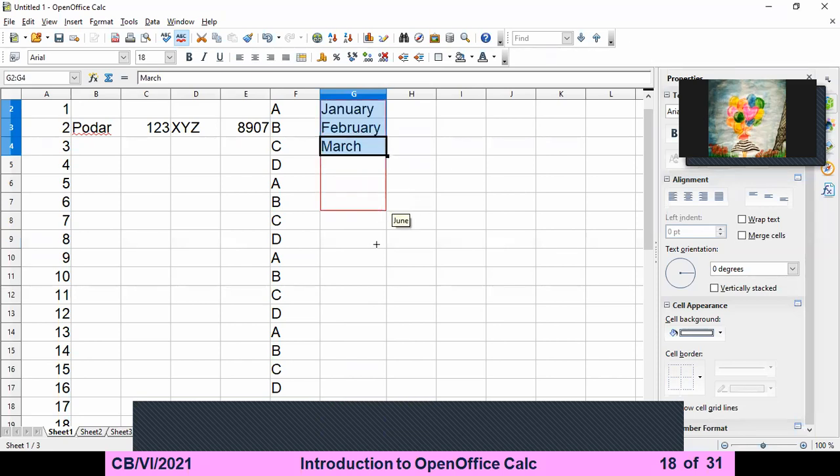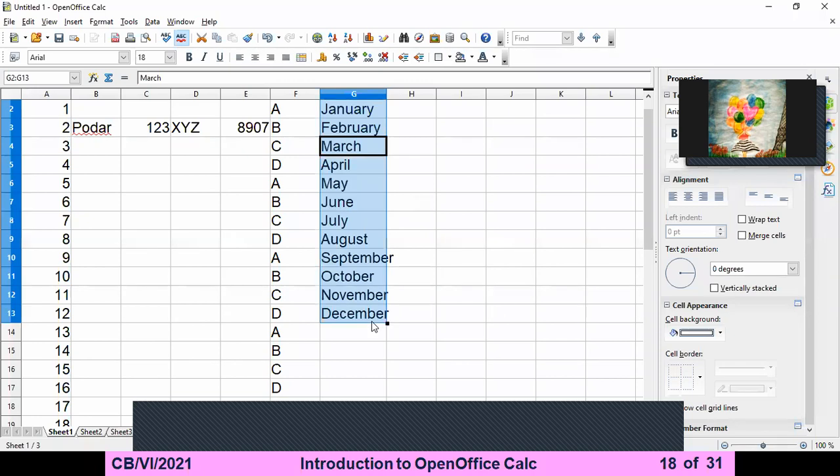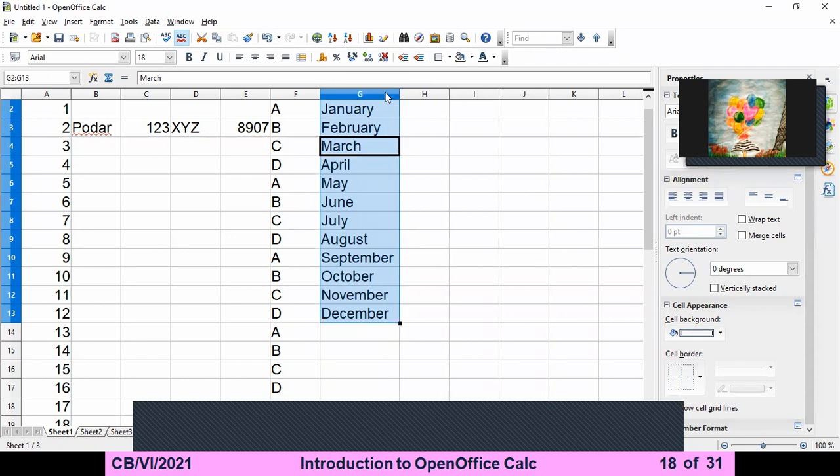So the names will be filled with the copy. You can see till December. मैंने कुछ लिखा नहीं है, वो अपने आप ही कॉपी हो जाएगा. You can also write down the week names, Monday, Tuesday, Wednesday, and do the autofill. So you will directly fill all the names in that.